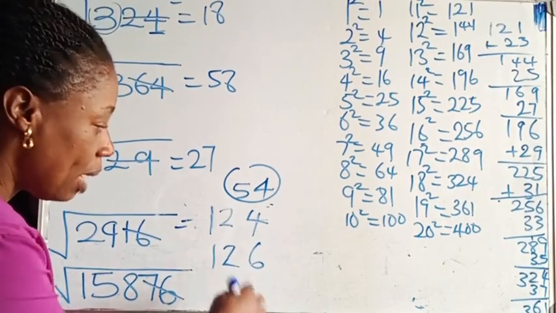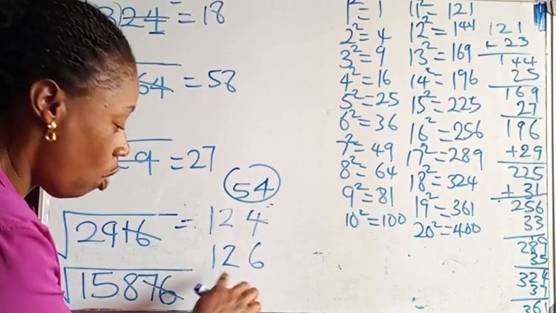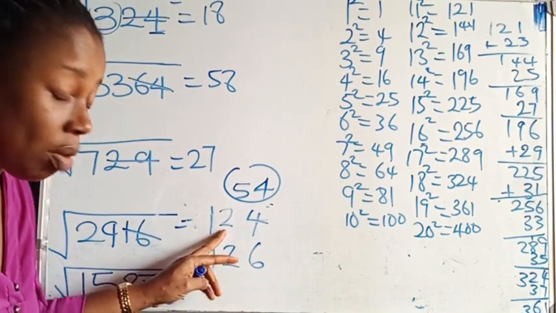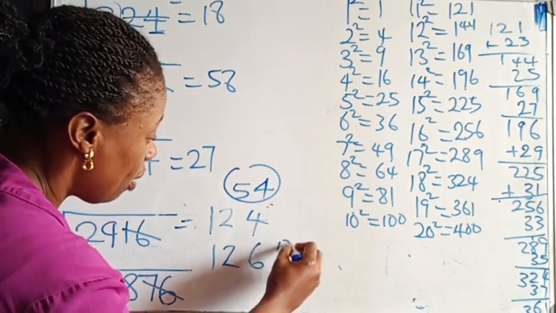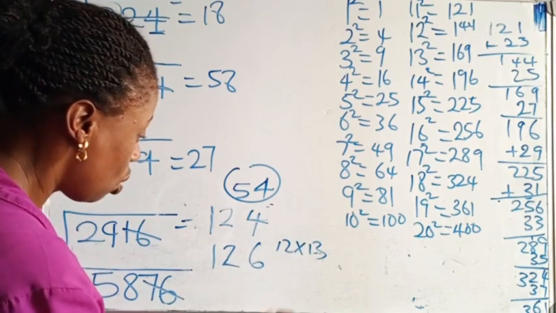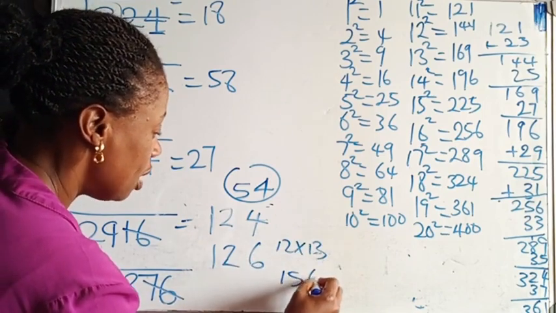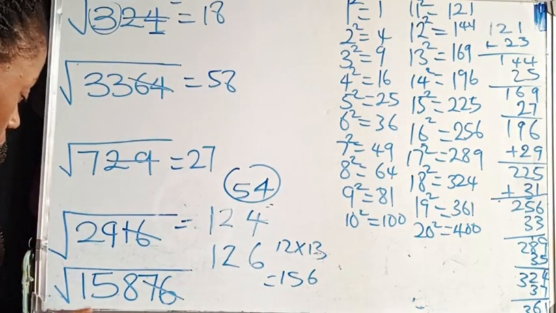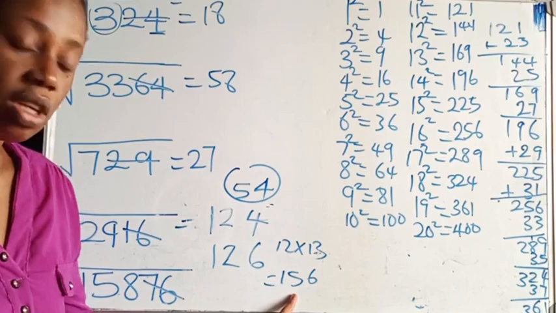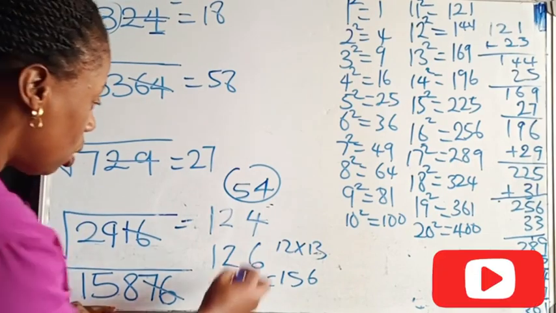So to determine whether the answer is 124 or 126, the next number after 12 is 13. You say 12 times 13. That is 156. So we check 158 and 158 and 156. Which one is greater? This is greater. So the answer is